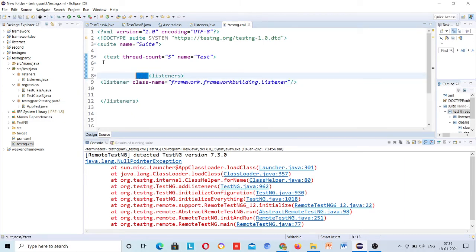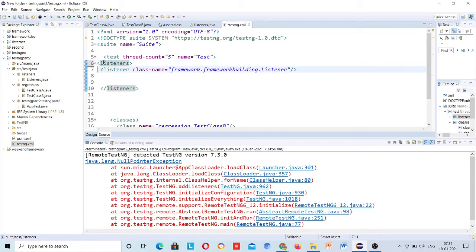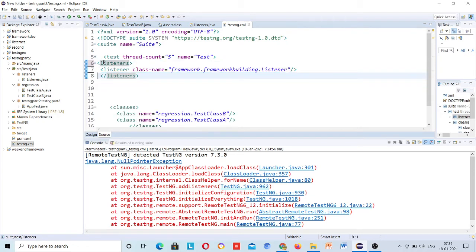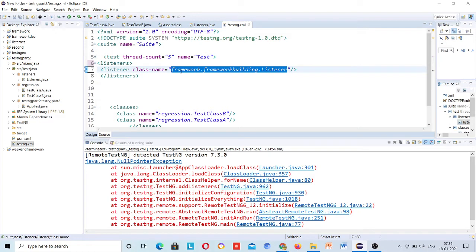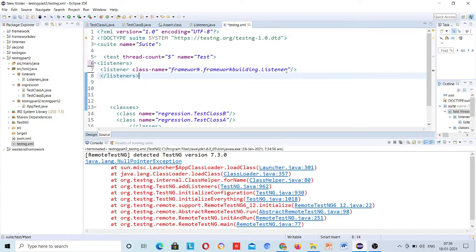So don't panic if you are facing this problem. So here, package name is listeners, and then class name listeners. Okay, now this will be working, I hope.